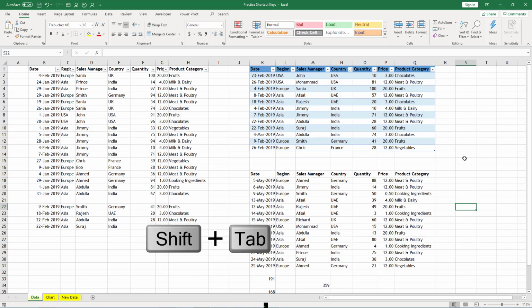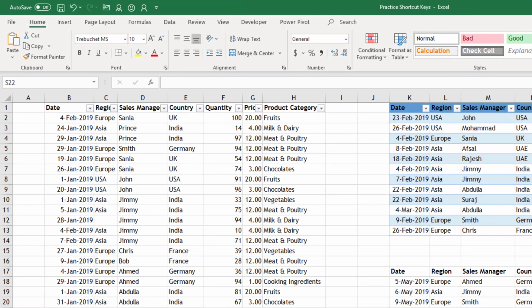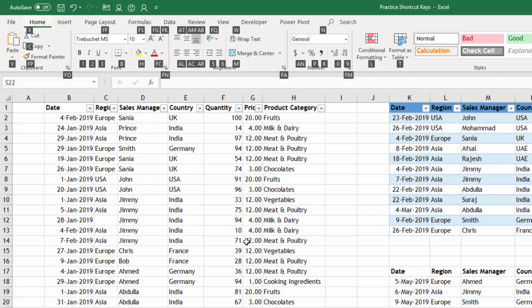When we are discussing shortcuts, let us also discuss how to reach any section of our Excel ribbon. You need to press the Alt key and then these keys will appear, and you can press any key to go to that particular section. Like if I press H, I go into the details of the Home section. After that, if I press C, I will copy. If I press 1, I will make it bold. If I press M, it will merge and center.